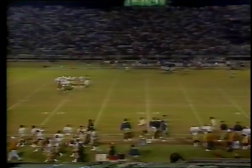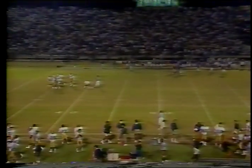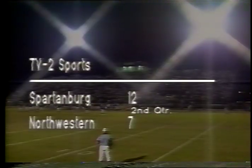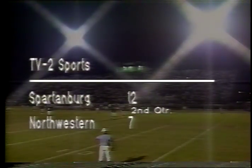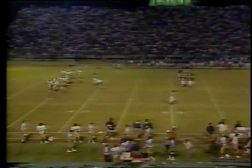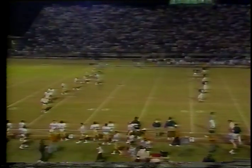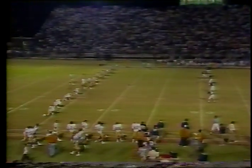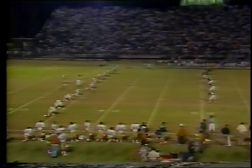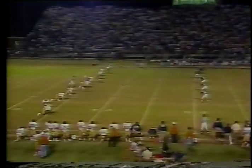It's been an offensive show, Rick, and I think a lot of people expected it that way. Well, I agree with you, Jeff. There are just too many talented players on both of these ball clubs. They've got some big play players on both teams. And as I watch Northwestern get ready to line up back there, it looks like they're going to send Alan Williams back there deep again. And anytime he touches the football, he's a danger to go all the way as well. Northwestern has put Spartanburg back deep twice, but Spartanburg's had it twice, and they've gone 86 and 87 yards